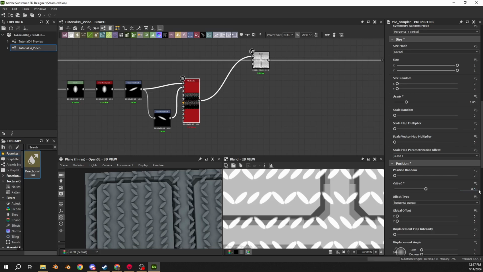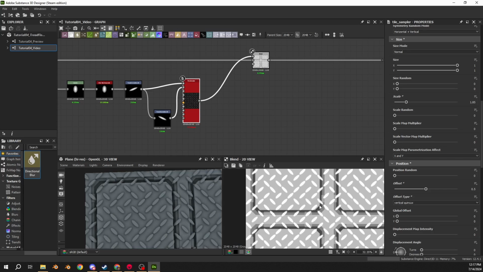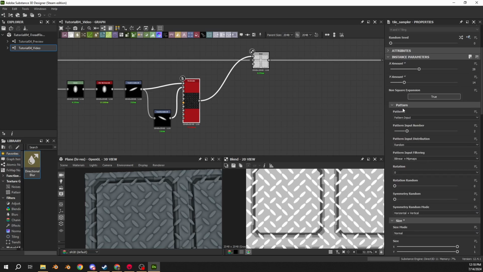All right, and then the offset type, because right now it's offsetting side to side, we want to change it to vertical. Quincunx. Okay, boom. Now the issue that we're seeing here is that if we go back to pattern, the pattern input